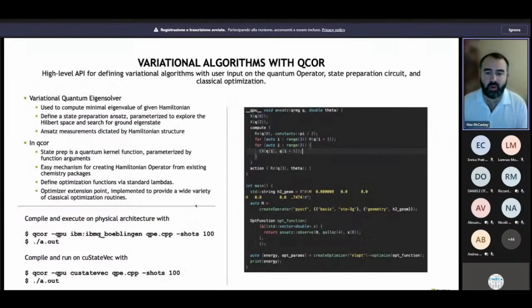I wanted to show what it would look like in QCOR to target something like QStateVec for a variational algorithm. And it's pretty straightforward, right? So here, take the typical VQE, which we've heard about earlier. You have some state prep ansatz. You have some observable, some operator that you want to compute the minimal